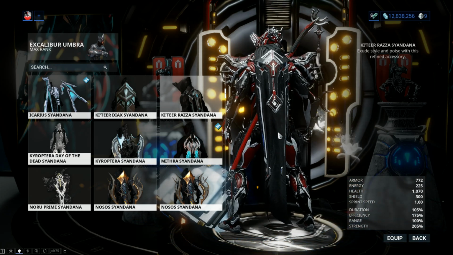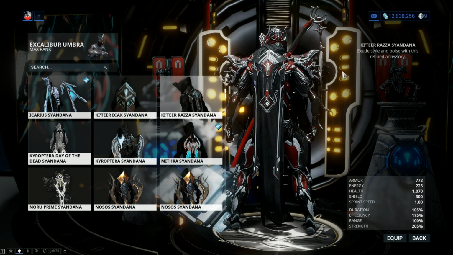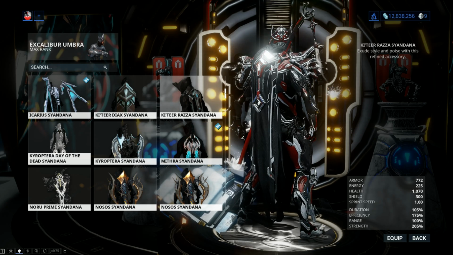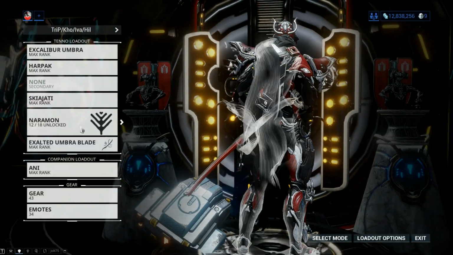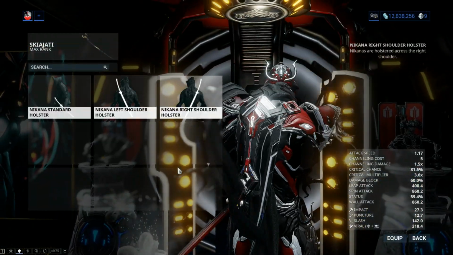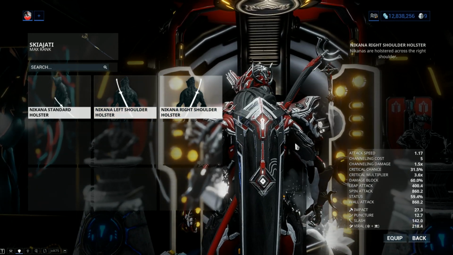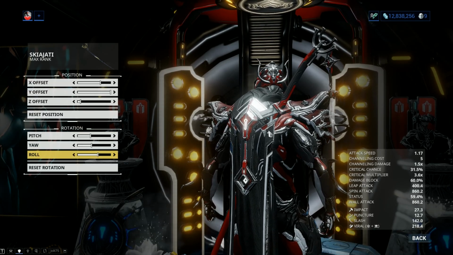The reason I'm using this one is because I can make the sword or any Nikana that you want to use on him, in this case the Skiajati, because well, it matches, make it look like it's coming from that porthole up on top. And let me show you exactly what I mean. You're gonna need a holster style over the shoulder, either left or right, it doesn't really matter, and you're gonna be able to make it look kinda like this, but you're gonna have to play with the positioning of the